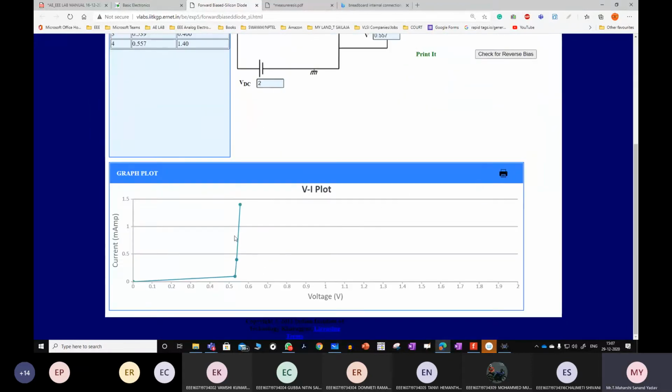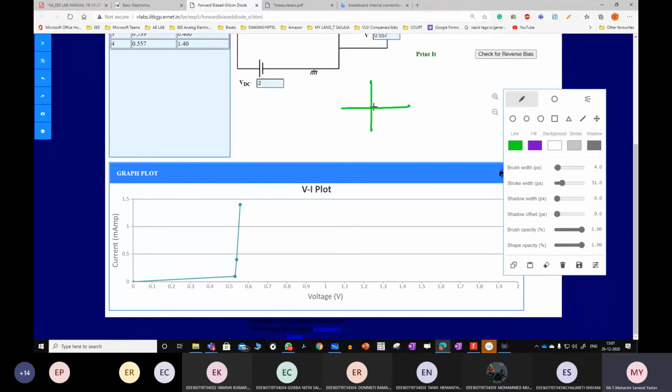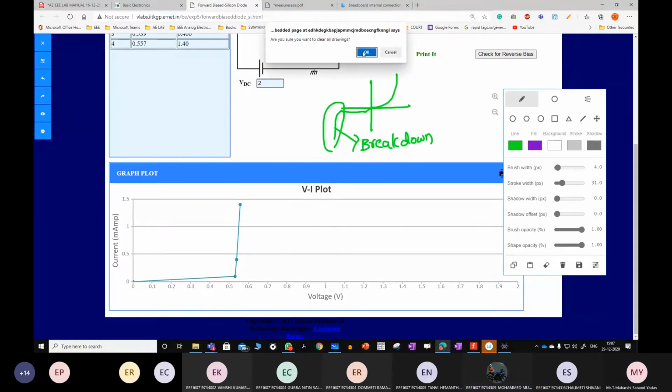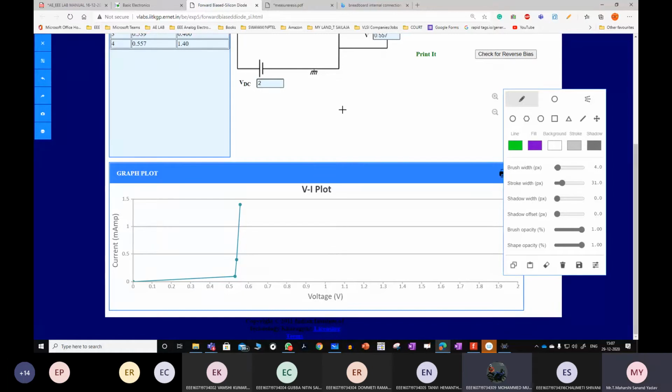Have you seen this graph anywhere? Yes, sir, the VI characteristics graph. Correct. Under forward bias, this is the graph. In the same manner, reverse bias has a small amount of minority current. Again it will enter into what kind of region? Breakdown. Sir, but in silicon, the flow will be after 0.7, no? Generally, it varies between 0.6 to 0.7, depending upon the diode that you take.